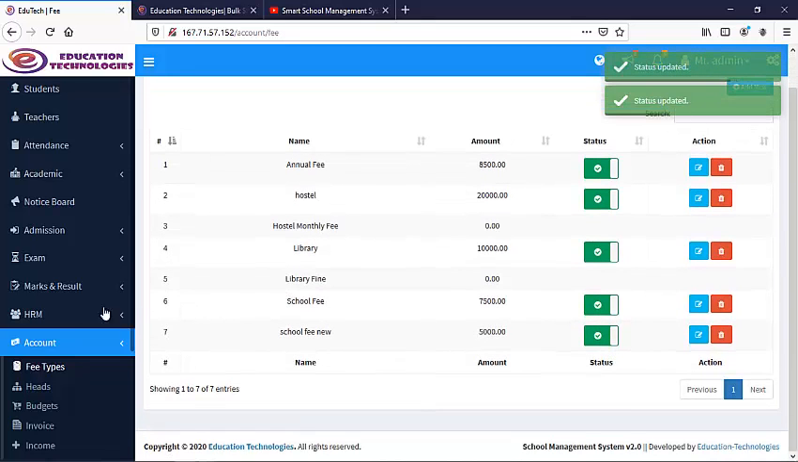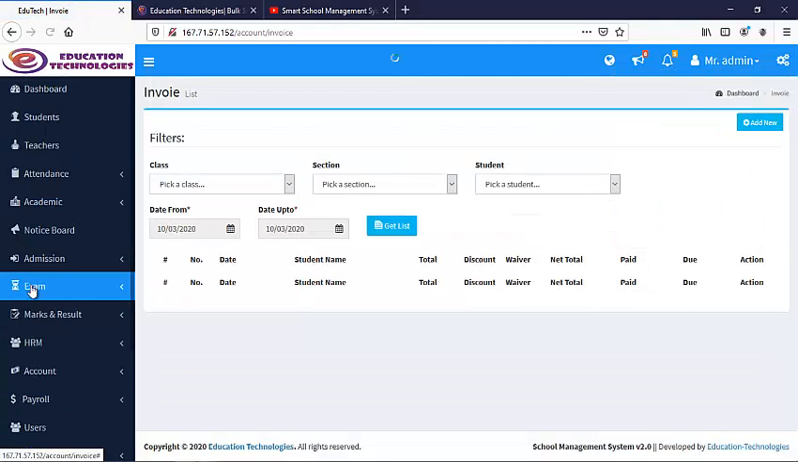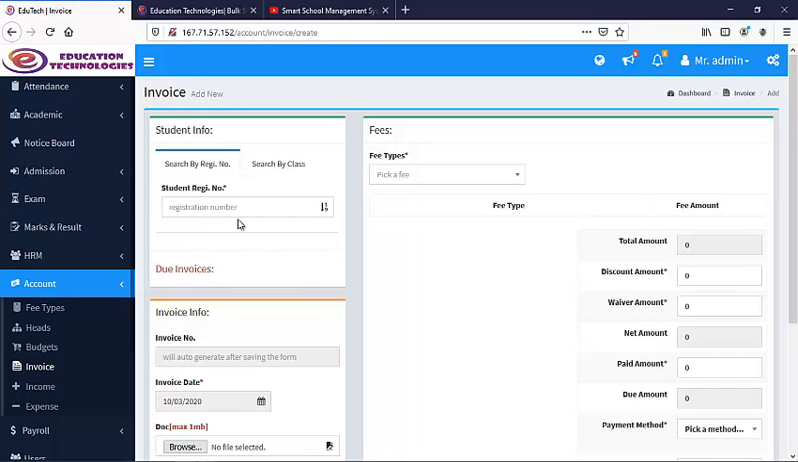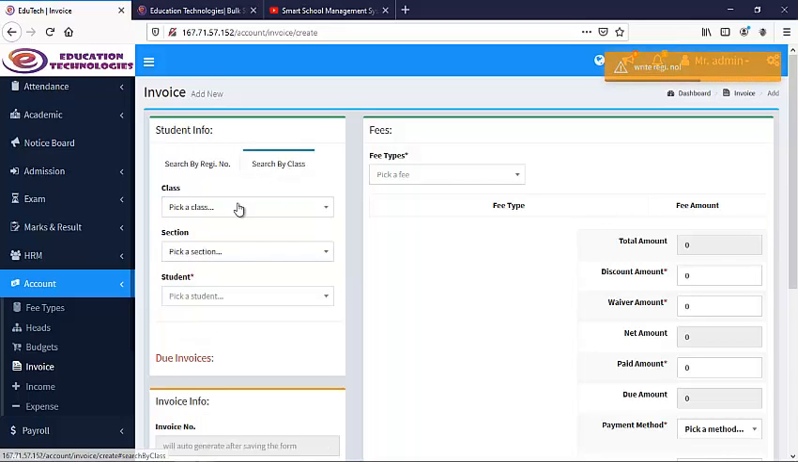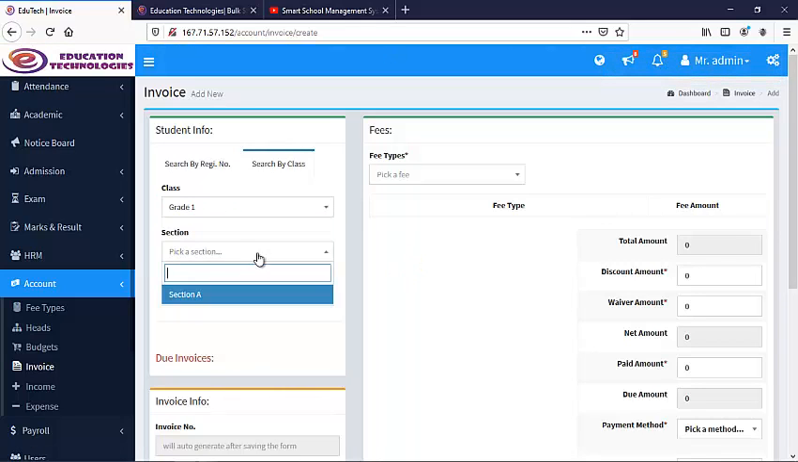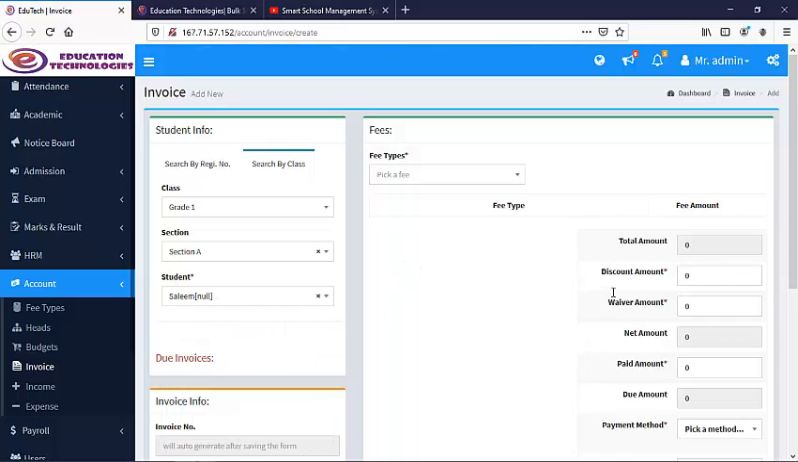Okay, and then if some parent comes and wants to pay a school fee, you just need to go to invoice and click the add new button. Then if you know the registration number of the student, you put it here, or you can search by student, by class. Like I know a student is in grade 1 and his section is A, and you can choose a student. Like if I choose this one,